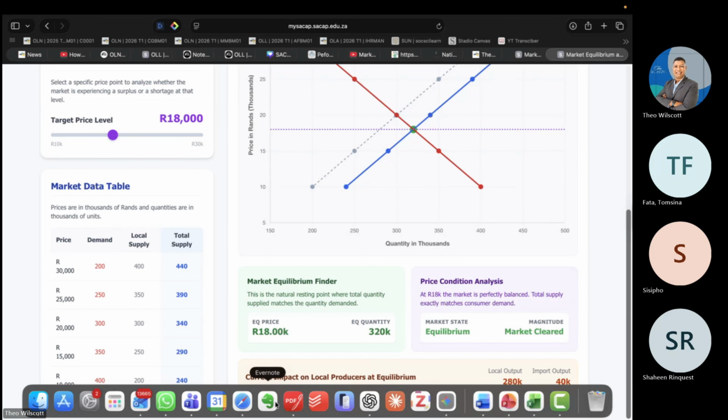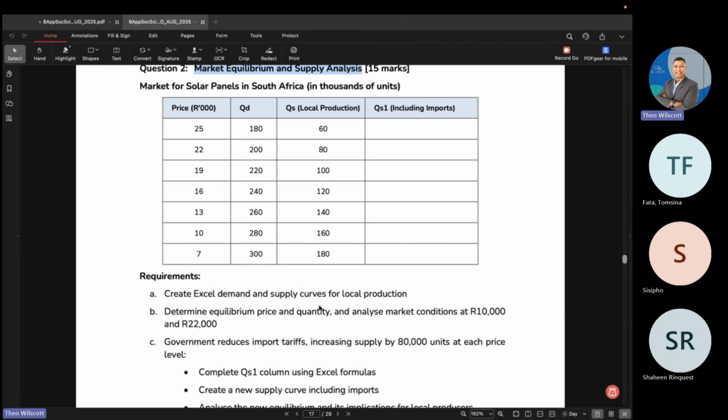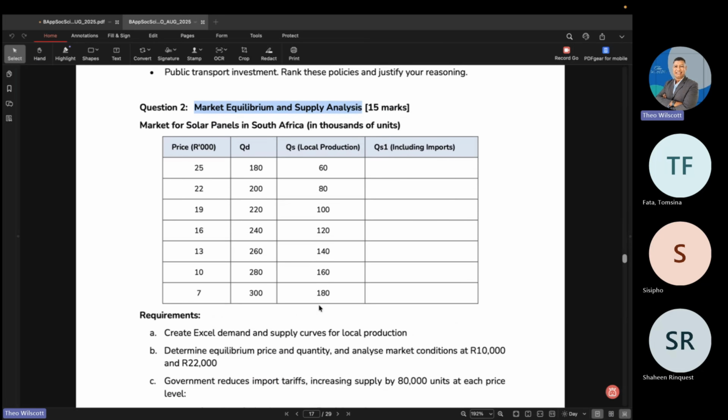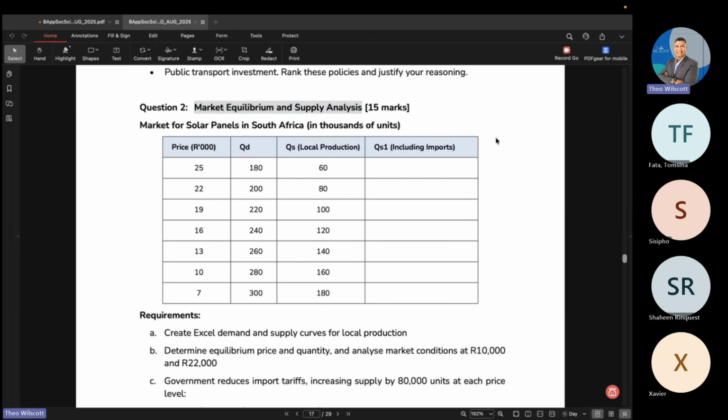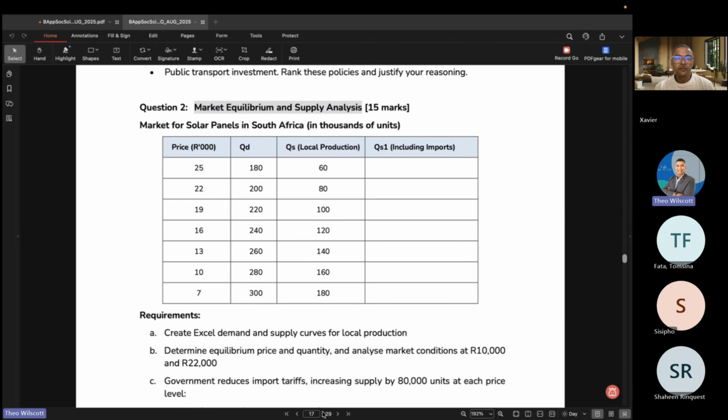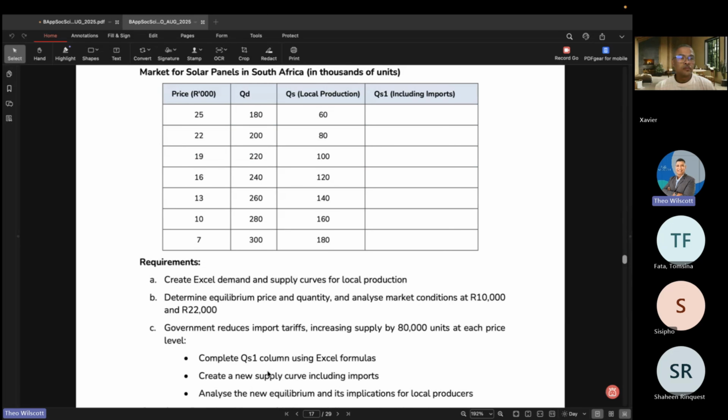So please play around with that just to be able to visually help you understand this concept, because it can be a bit, I almost wanted to say esoteric. It can be a bit technical, and if you're not able to visualize it. All right, and that will help you with